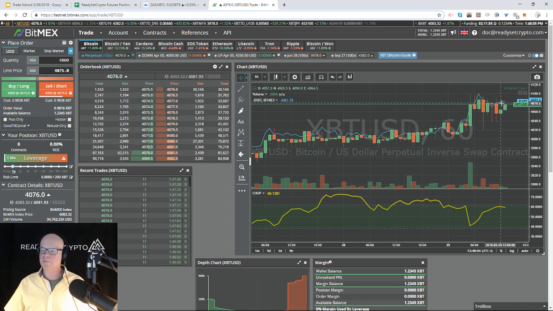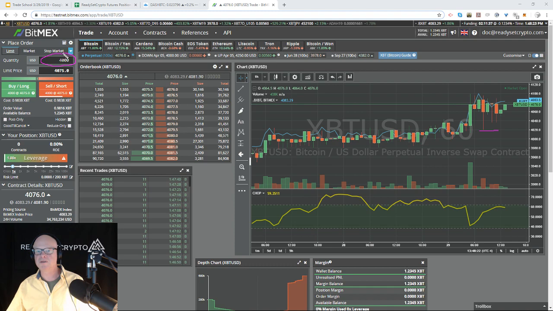Now, if you were just to buy this, if you had one Bitcoin of the spot currency sitting there, then you could define this risk quite easily. You could say, well, the difference in price, since I have one Bitcoin, is going to be, in this case, about $60. So if we're putting our stop down here, it's going to be about $60. But